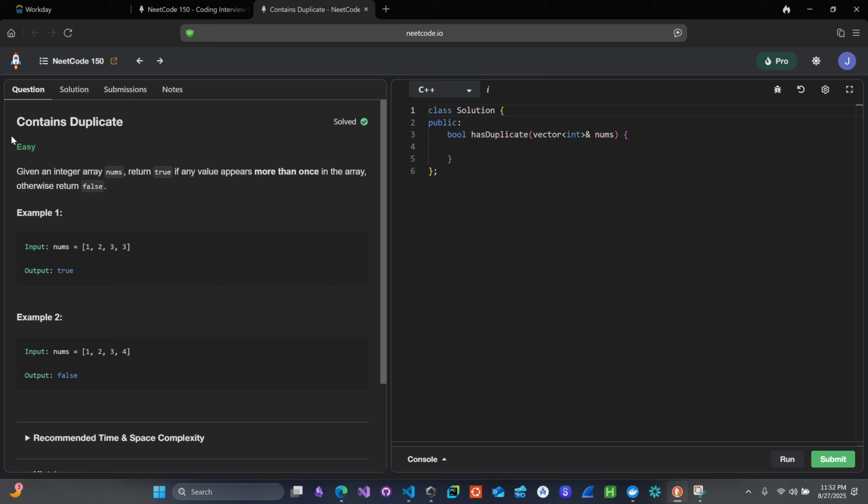Okay, so on this one, we have to find if there's a duplicate. So we're given an array and we output true or false if any value appears more than once in the array. This one seems pretty easy. We're just going to use a set for this, and we're going to call it